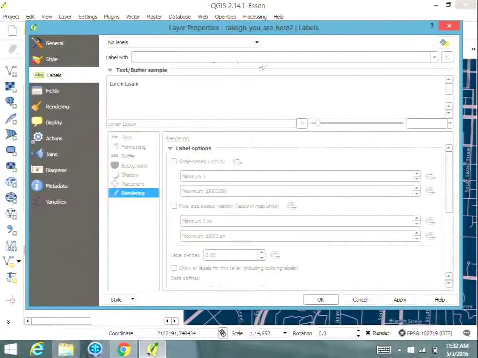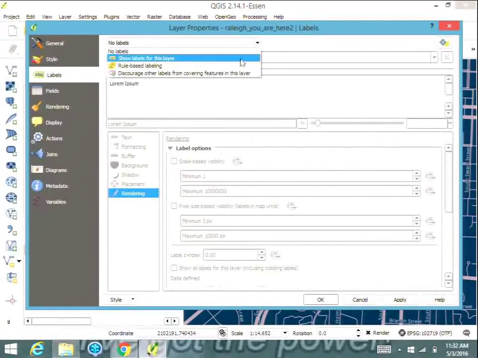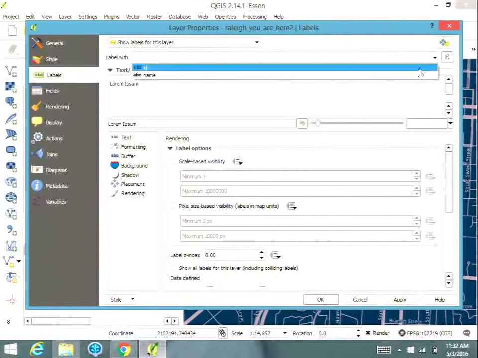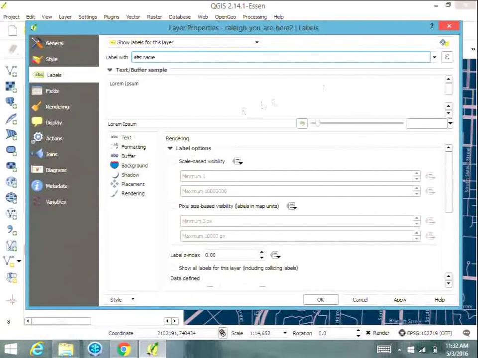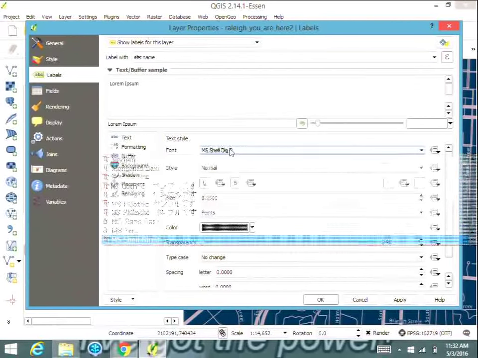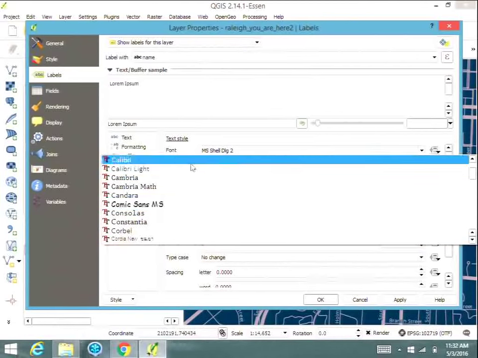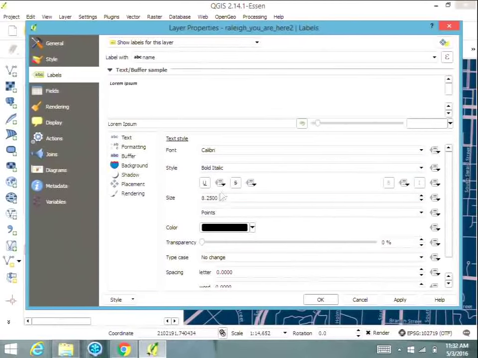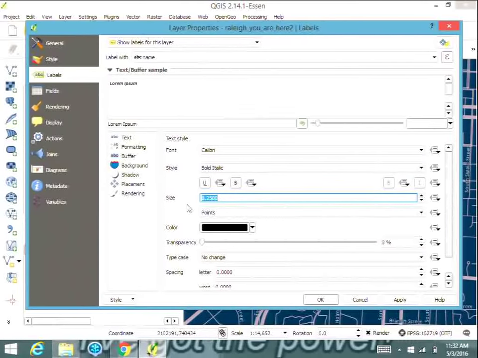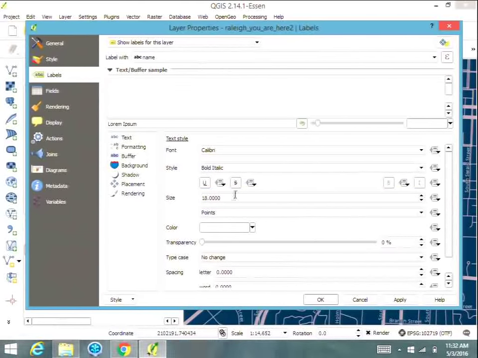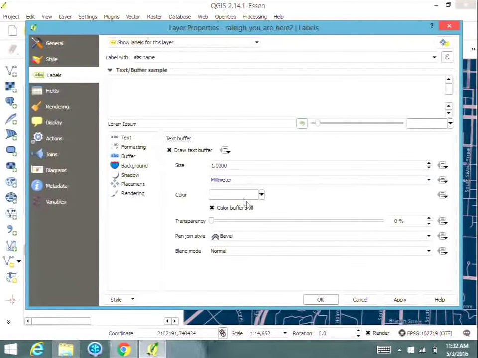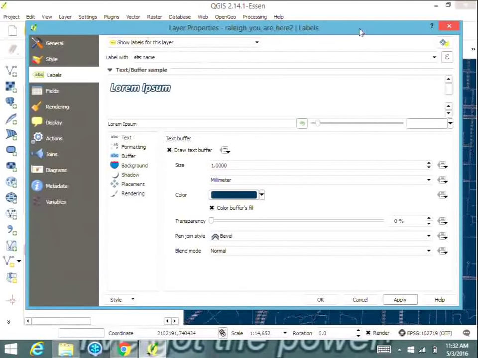So we need to label it though. We're going to, again, show labels for this layer, and we're going to use that name field where I typed in "you are here." And again, I'm going to use Calibri because I don't have a bold for the other. But I'm going to use bold italic since this is our main "you are here" label. And we're going to make it white. Of course, we have to have a buffer for it. Everything does, and it's going to be this dark blue buffer. But if I take a look at it now,